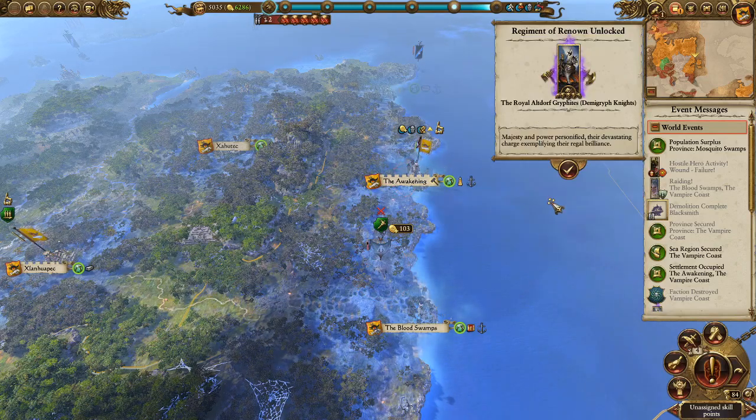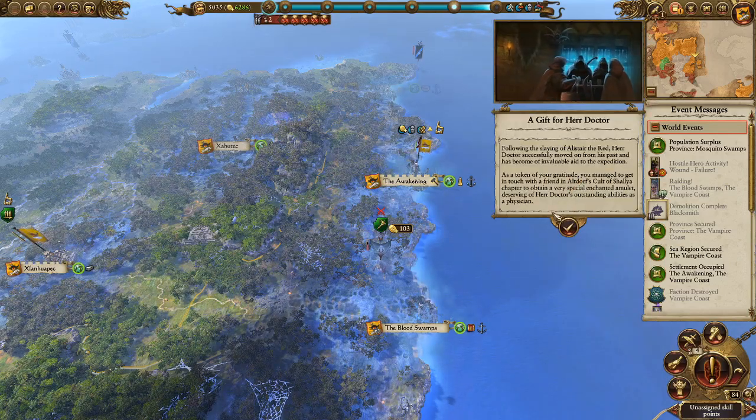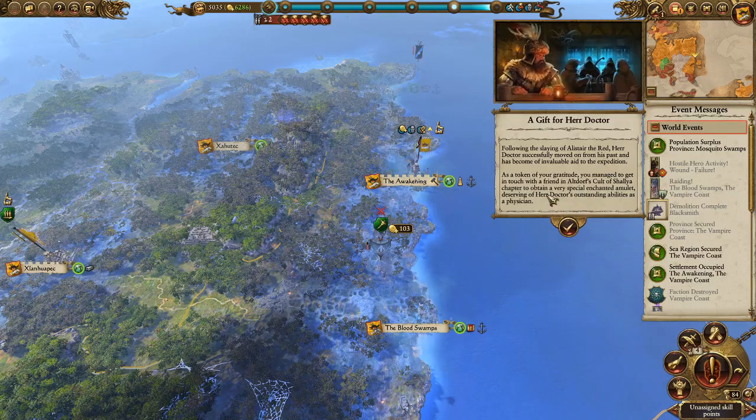And we obliterated the Vampire Coast. They're gone. And we've unlocked the Royal Outdoor Gryphites, which I would love to get. So following the slaying of Alistair the Red...